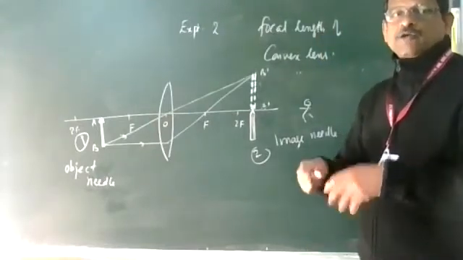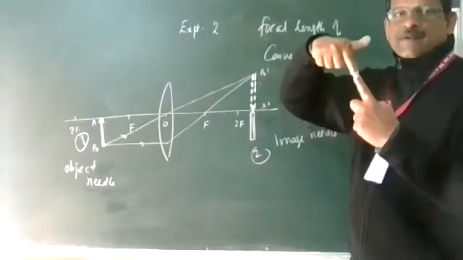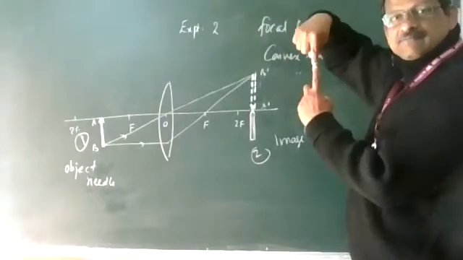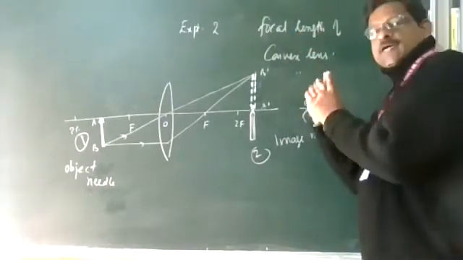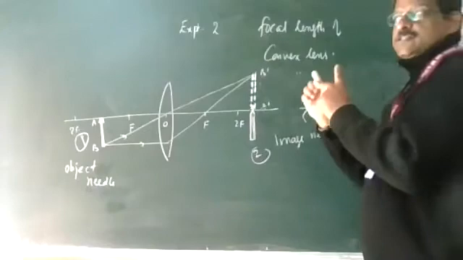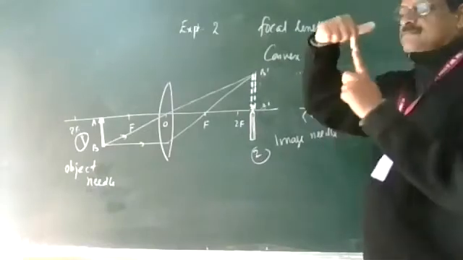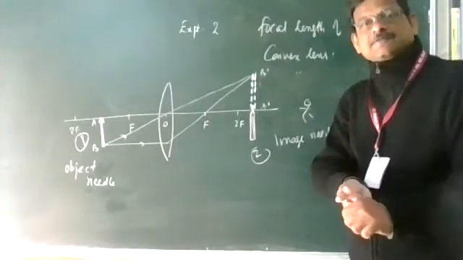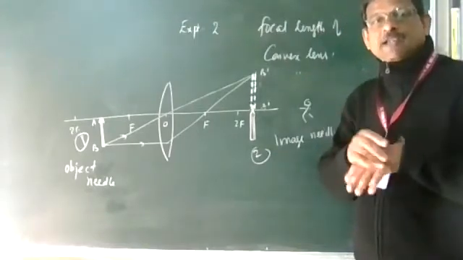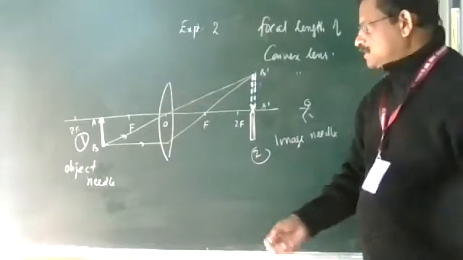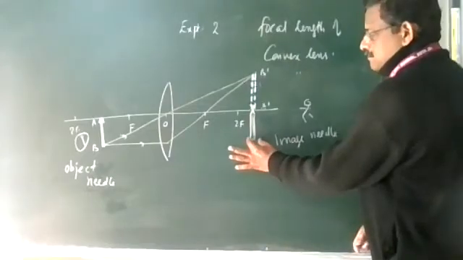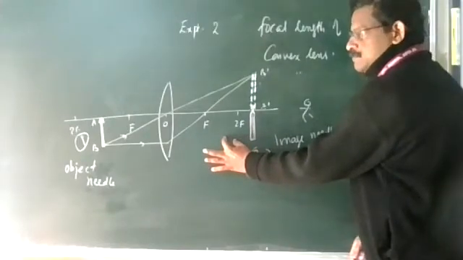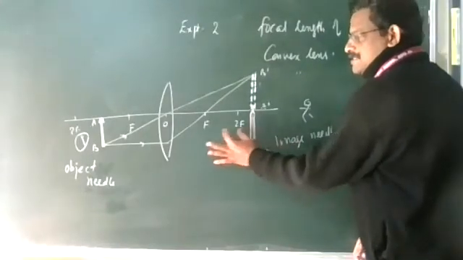So for that, if there is a parallax, they should go together. When you are moving to the right side, you shift your eyes to the right or left. If they are moving together, there is no parallax. If they are not moving together, there is a parallax. So if there is a parallax, how to remove that? For that, you have to adjust this needle. This is the image needle. You can move it forward or backward, adjust the distance.